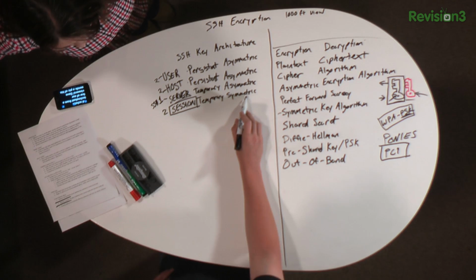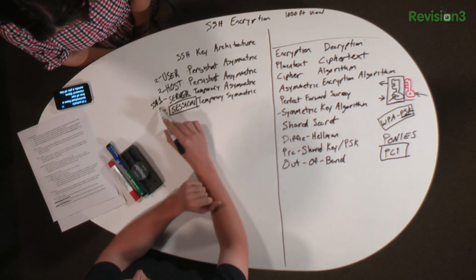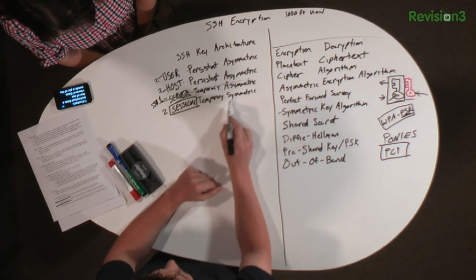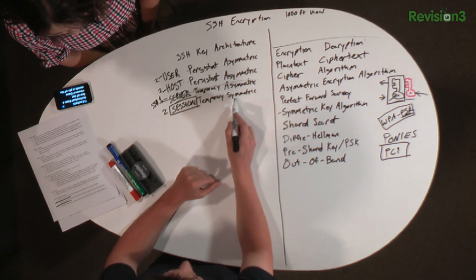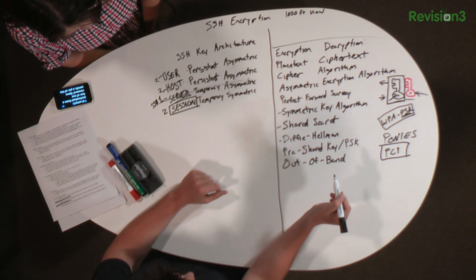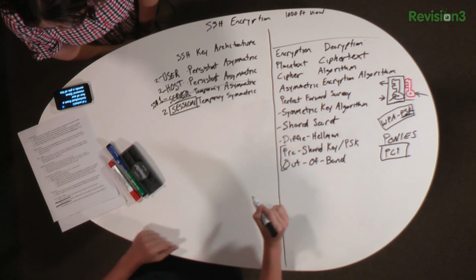Yeah. Well, anyway, I bring this up because our symmetric key is the one that we really haven't talked about in SSH yet, and we've been really focusing on the user and the host. We don't need to worry about the server because that's SSH1. We don't care about that. But our session we really haven't gotten into, and so that symmetric key, which is using a shared secret, which is exchanged with Diffie-Hellman, as opposed to a pre-shared key that would be exchanged out of band, can be either